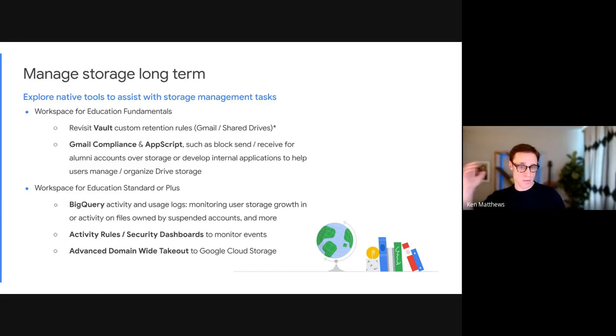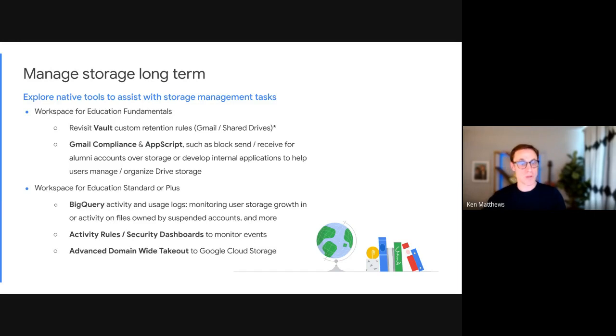One particular item where this is useful is that you can monitor storage usage over time. So if you wanted to look at actual graphs over a year versus 6 months, you can begin to build that out so you can get a sense of how storage is growing in your environment. You could also look at activity owned by specific suspended accounts over time. That may not be useful now in terms of 6 months. We saw that with the investigation tool, but it might be something you can do if you have logs going back 2 years to get a sense of what I should and should not move over into a shared